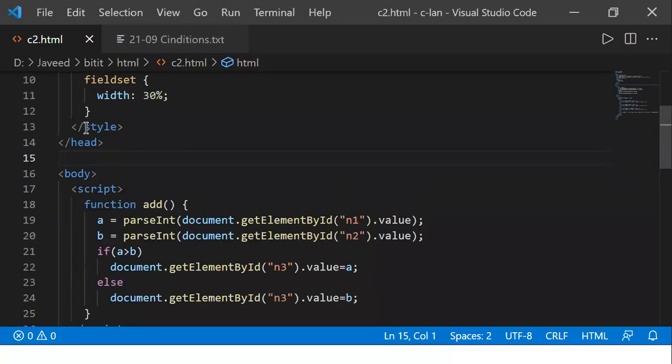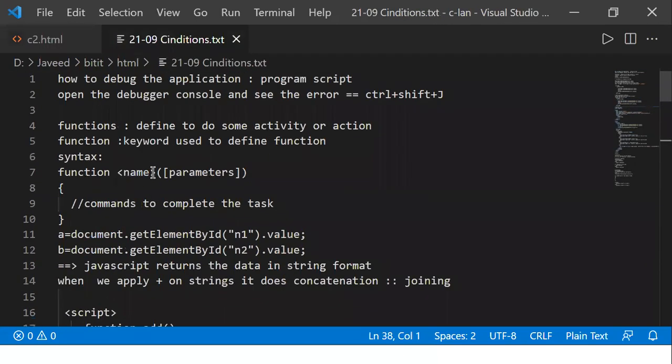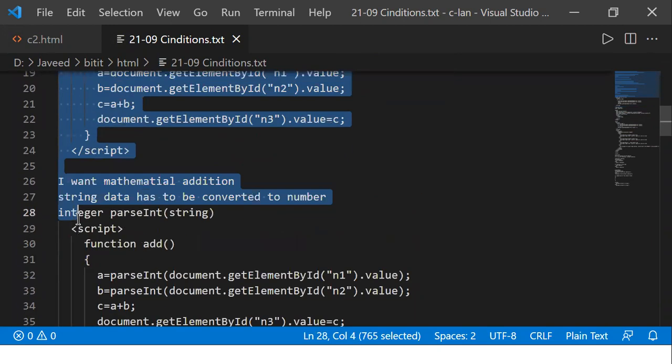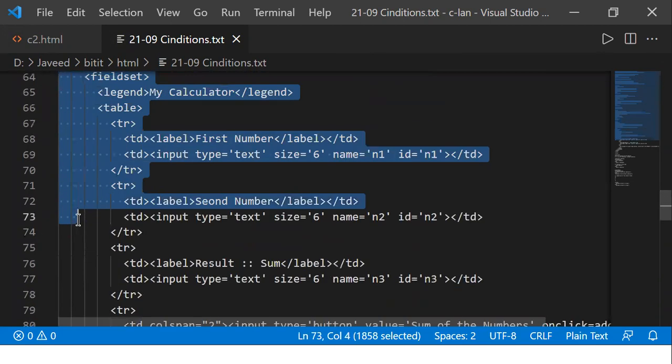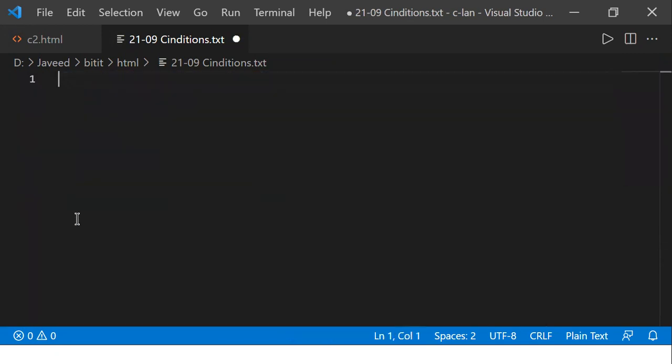Okay. So why do we use forms? What is the use of forms? Generally we use forms whenever we want to get some data from the user, right? Whenever I want data to be read from the user, whatever the user may be, whatever the type of data is, we can use a form to read that data.